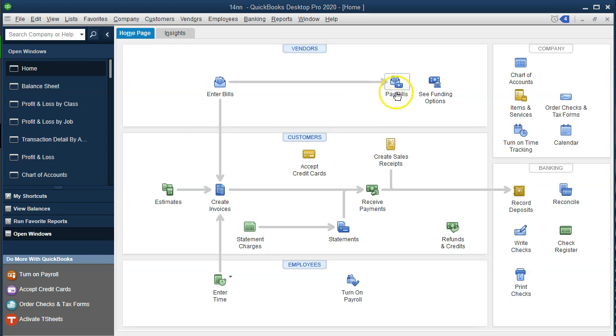Now, when you use this function, this form of pay bills, you're basically writing a check when you pay the bill. You're going to be generating a check, and you can't generate the check from QuickBooks. But as you generate the check, it'll be a check that's also labeled as the form type of pay bills. And that's going to be useful within QuickBooks because that'll tell us that this check was written against a bill. It'll tie the bill to the check,